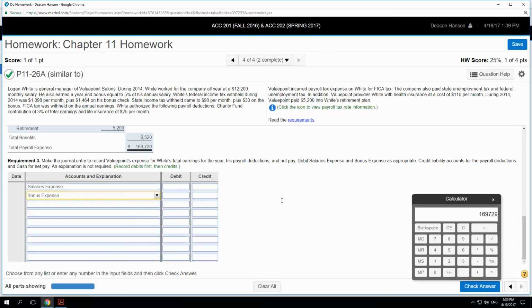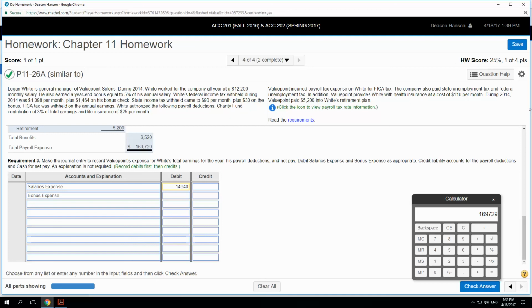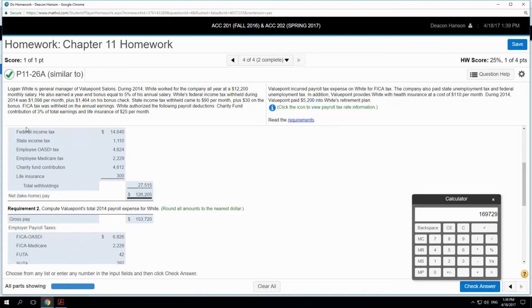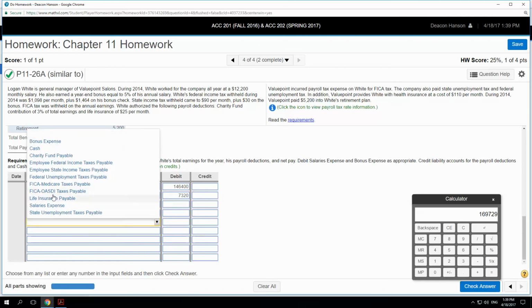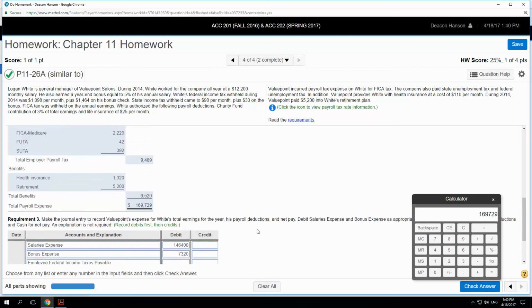salaries expense, bonus expense, and we'll get that information up here. 146,400 and 7,320. Okay, that came from the gross pay table. And then we're going to have the withholdings. So those are going to be liabilities. We'll take all of these withholdings: federal, state, OASDI, Medicare, charity, and life insurance. Okay, so if you took all of this and you make the rest of them credits, the difference is going to be the amount that we pay out in cash. So we can take those numbers,